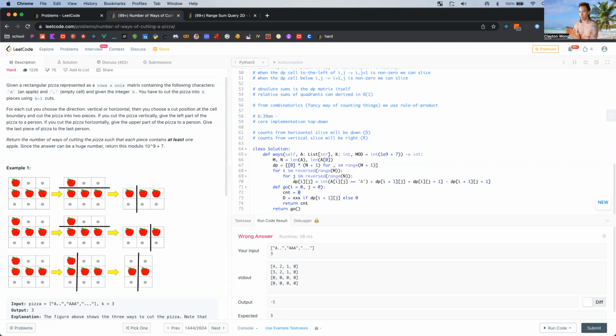There's an apple here. Well, we're counting slices, not apples. So